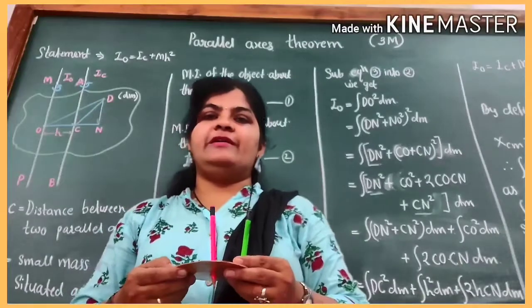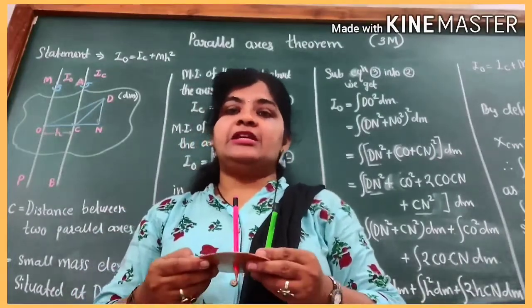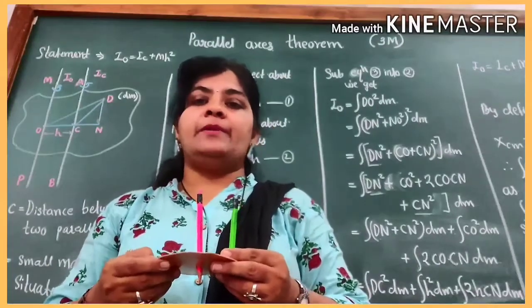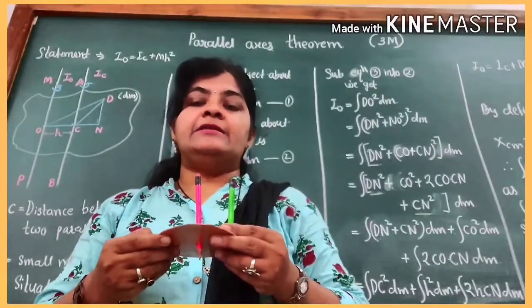Hello student, today we are learning the parallel axis theorem. The statement of the parallel axis theorem is I0 is equal to IC plus MH square, and the statement is